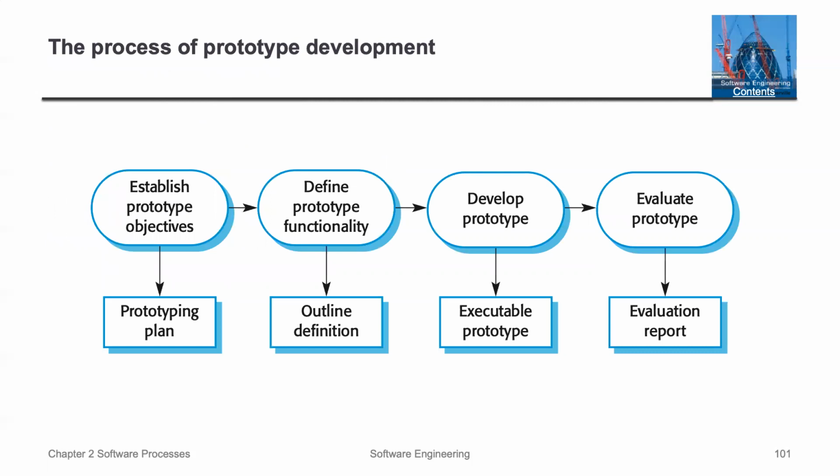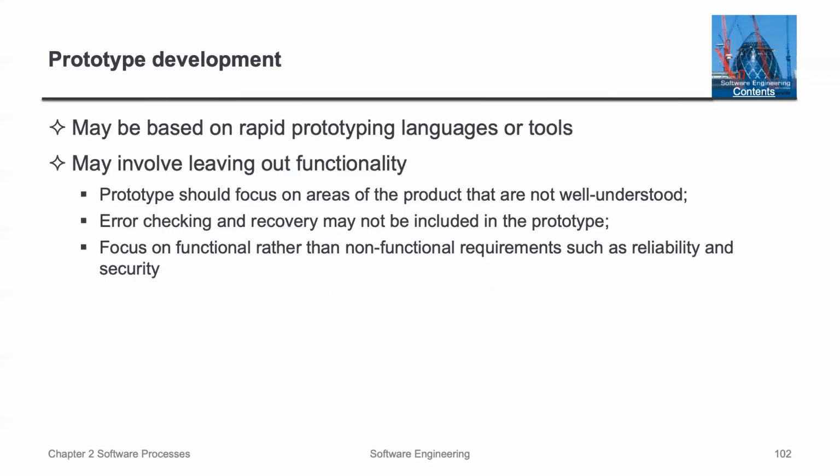So let's talk about the process of prototype development. The first thing is we want to establish the prototype objective, and that would result in a prototyping plan. Then move on to define the prototyping functionality, and then we would have the outline definition. This would move on to where we develop the prototype and have an executable prototype, and then finally evaluate the prototype, where we do an evaluation of how well it did. So this just gives you the process and the development and how we can be formalizing that into a structured,